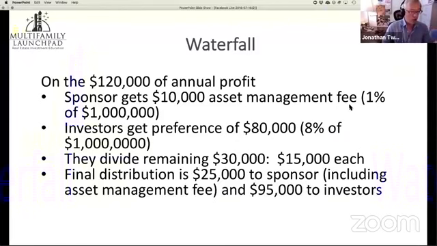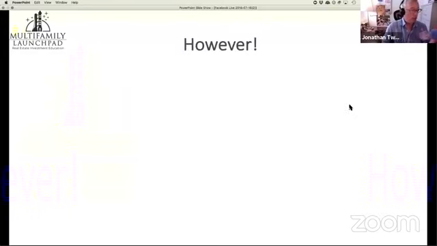So the final distribution numbers look like this. It's 25,000 to the sponsor, but that includes that $10,000 asset management fee, and $95,000 to the investors. So in this example, they'd be getting a 9.5% cash on cash return for this year. Okay. So, however,